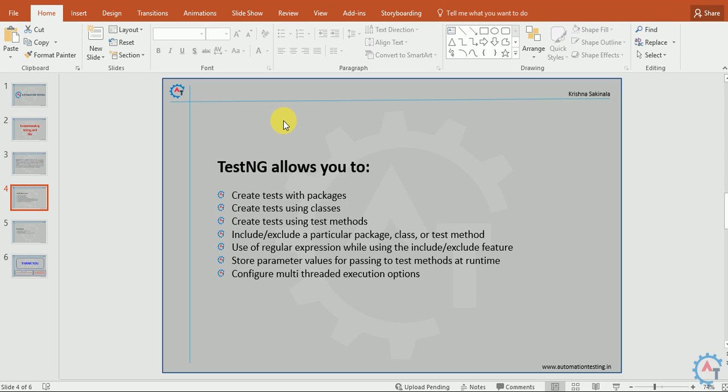TestNG allows you to create tests with packages. You can create tests with packages, using classes, using methods, or include or exclude a particular package, class, or test method, and use regular expressions while using the include or exclude feature. Store parameter values for passing to test methods at runtime. Configure multi-threaded execution options. We will learn all these things in the coming videos, but in this video we will see how the basic